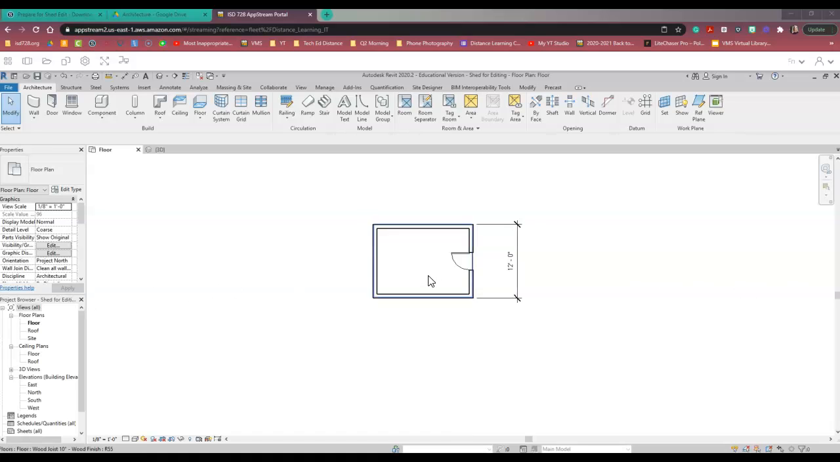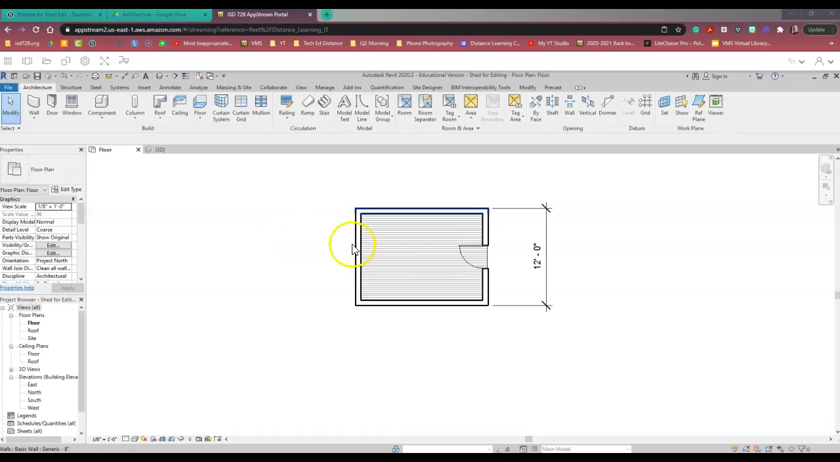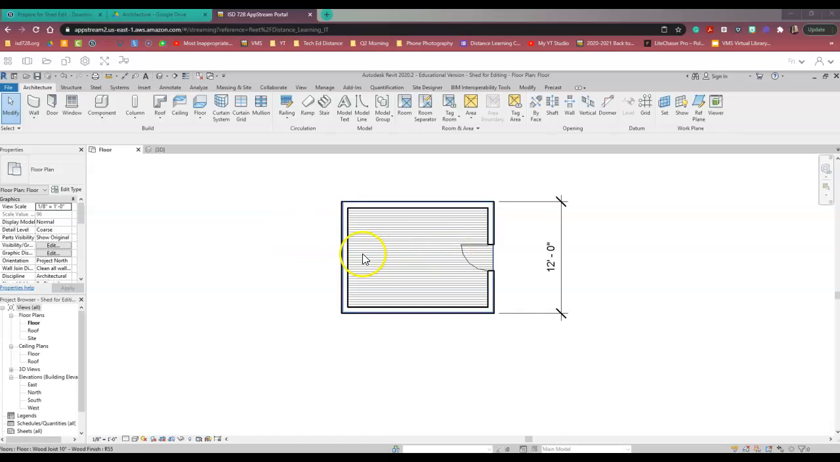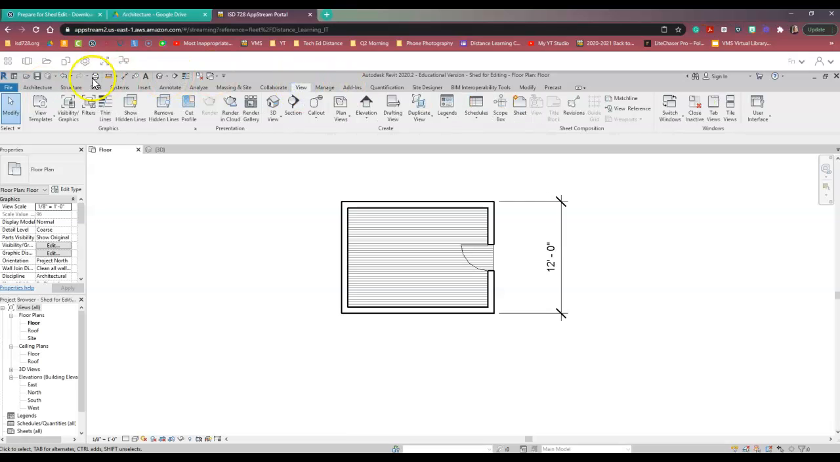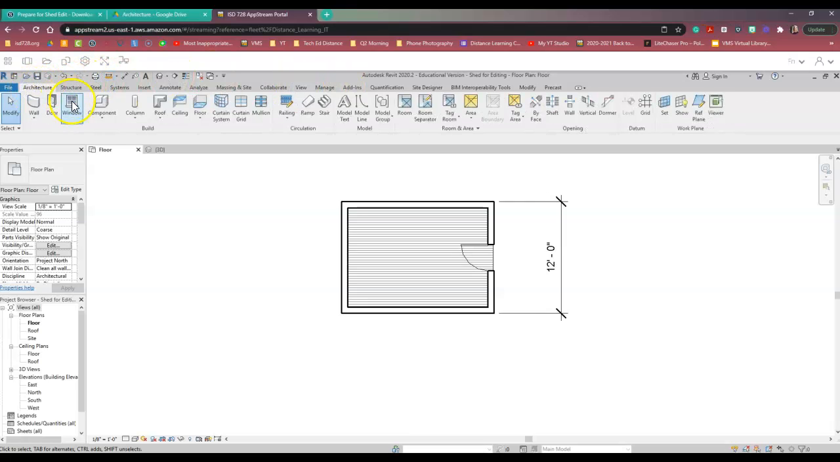So that's the first thing I'm going to do. I'm going to zoom in on my shed. Next thing I'm going to do is I'm going to add in a component called a window. So I'm going to go over here in my architecture tab. If you were checking out the view tab, be sure you switch back to architecture,